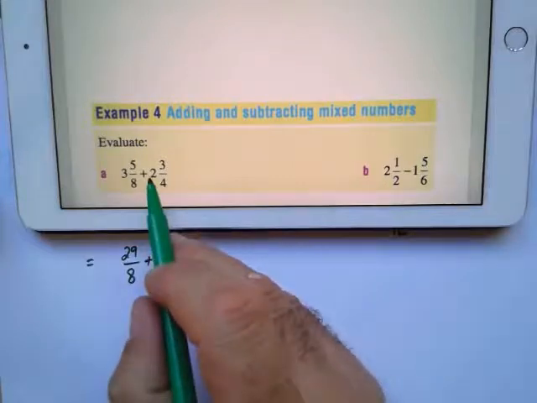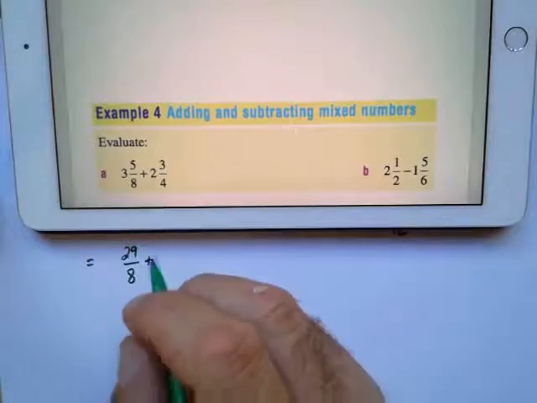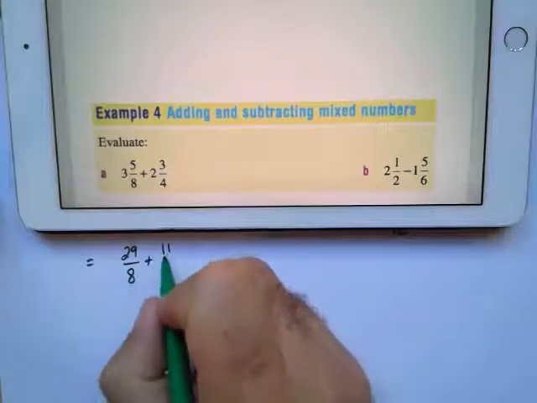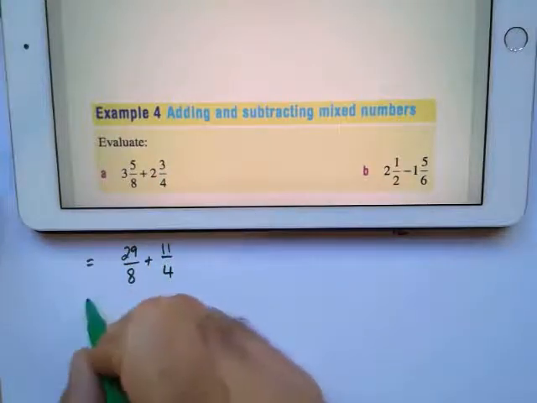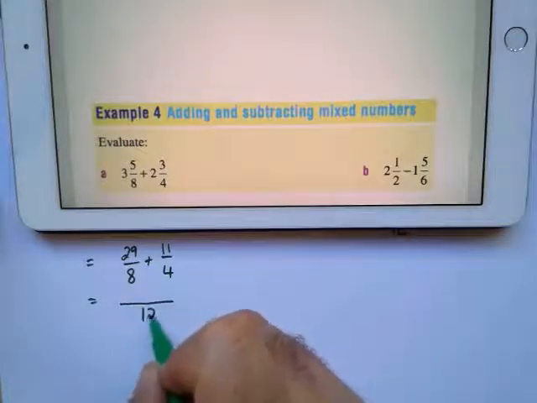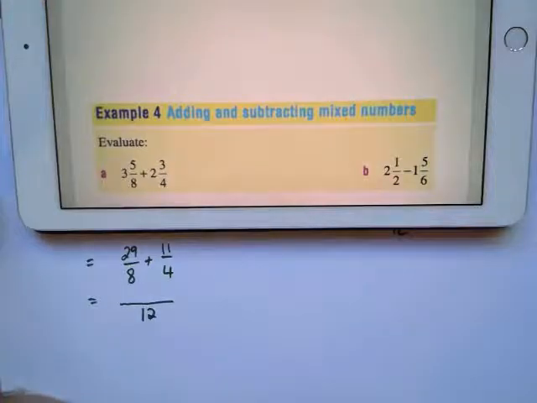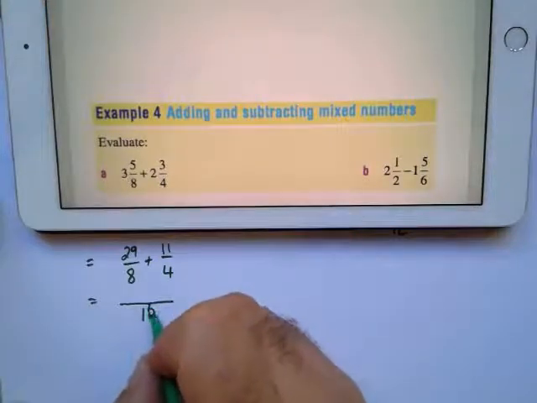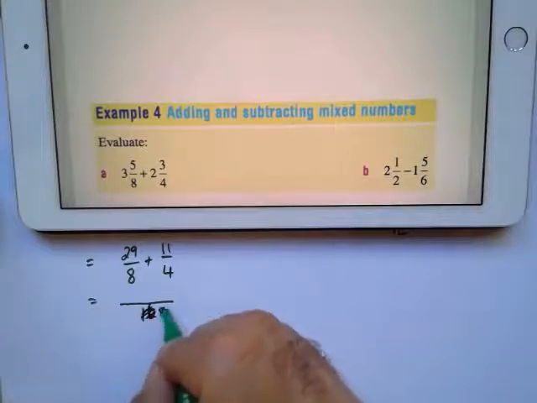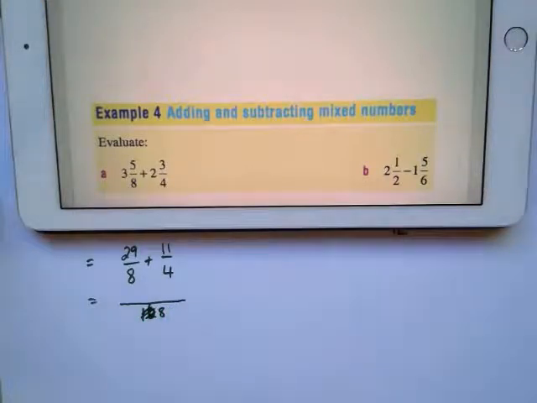Plus, 4 times 2 is 8, 8 plus 3 is 11/4. They're still not the same thing, so I'm going to have to get my lowest common multiple, which is 12. Oh, it's not, it's 16. Ah, it's not, it's 8. Sorry, it's 8. Okay, what did I do to 8 to get 8? Nothing. So that stays